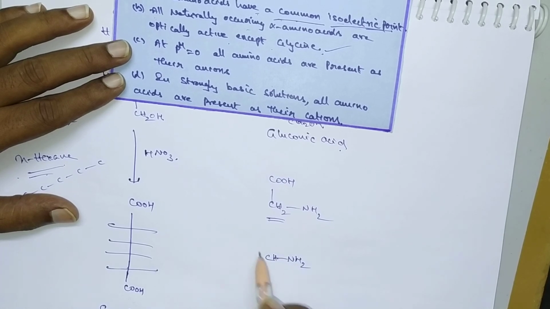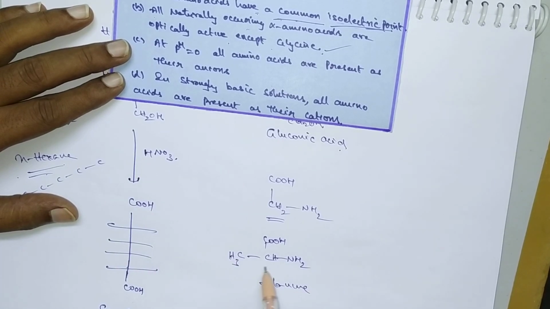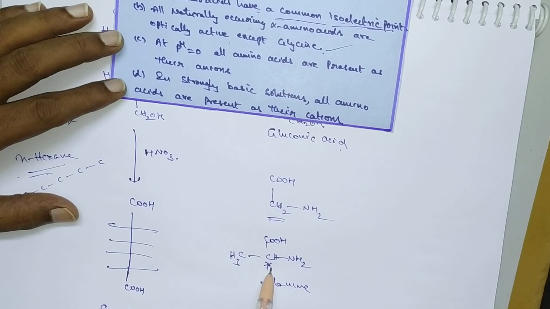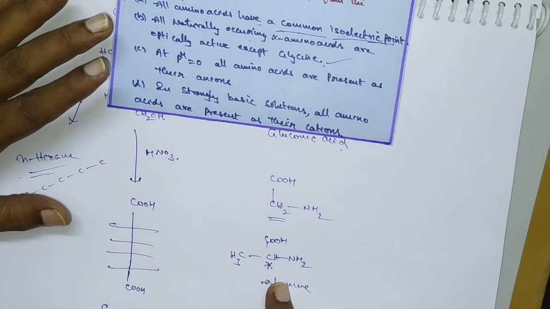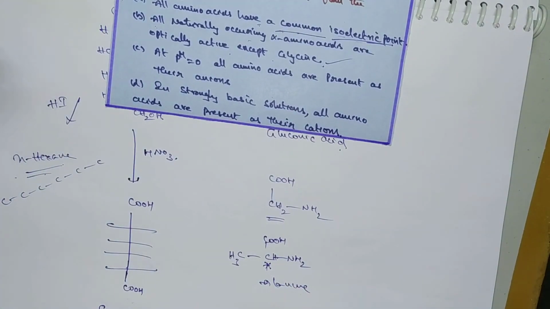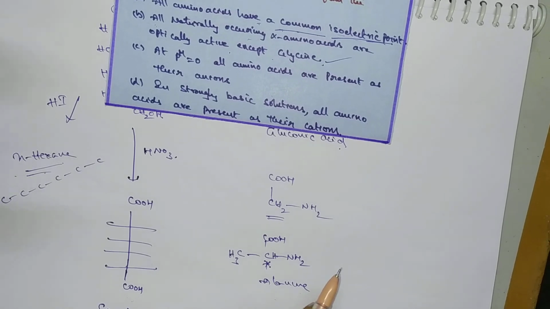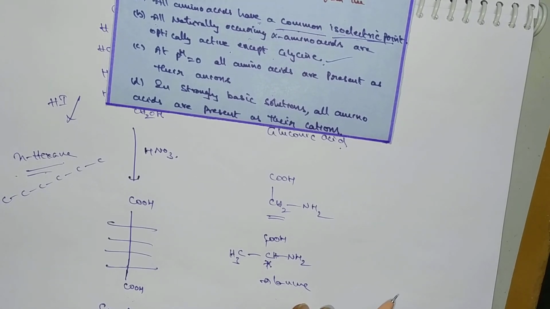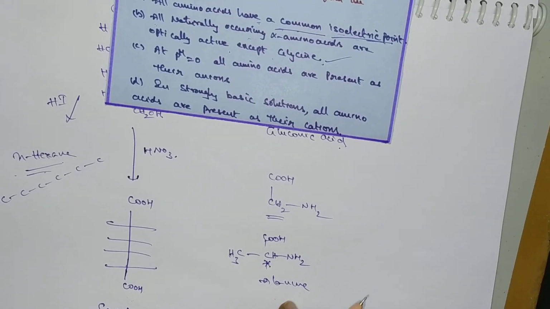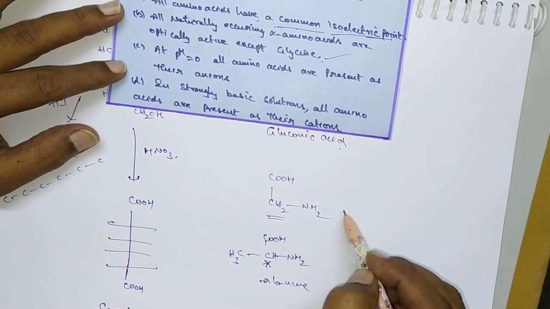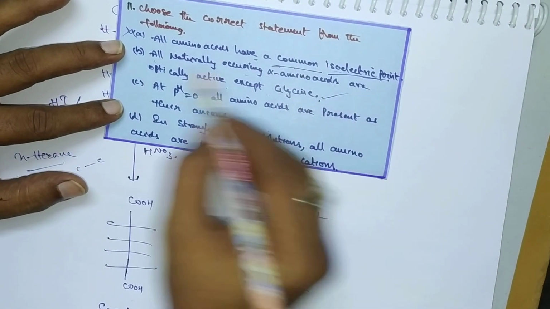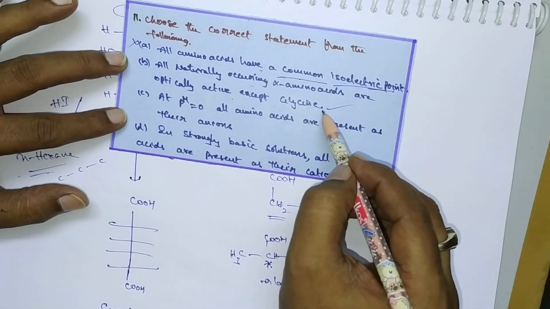The next one is alanine. So alanine is optically active due to presence of this chiral carbon. Okay, remaining all are optically active, and all naturally occurring amino acids are generally levorotatory molecules. Remember carefully, all naturally occurring amino acids are levorotatory molecules. Sometimes he asked like this also. Except glycine, all exhibit optical isomerism. So this is the correct statement.